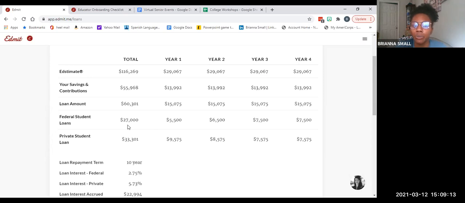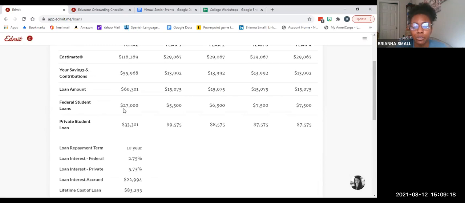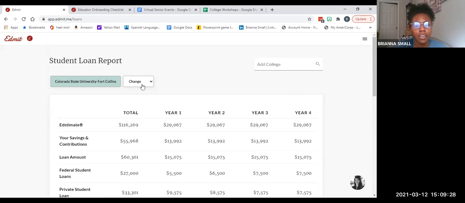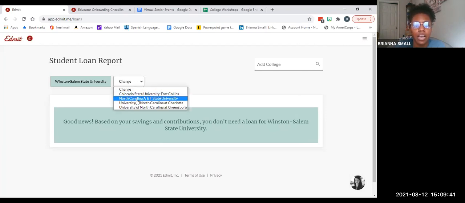And then also, if you get into the nitty gritty of it, if you're looking at the federal student loans, this number could also potentially go up, depending on if you have subsidized versus unsubsidized loans and Parent PLUS loans and all that kind of fun stuff. But if we're looking at a different in-state school, like maybe let's go to Winston-Salem, based off of our savings and our contributions, we might not need a loan for them either. And I feel like it might be pretty similar with,